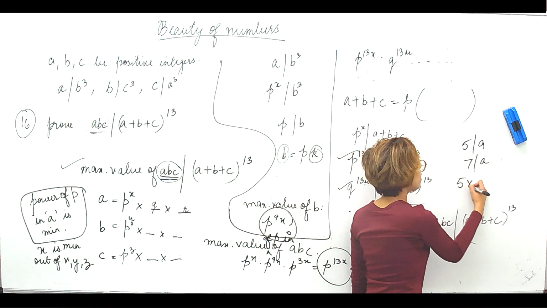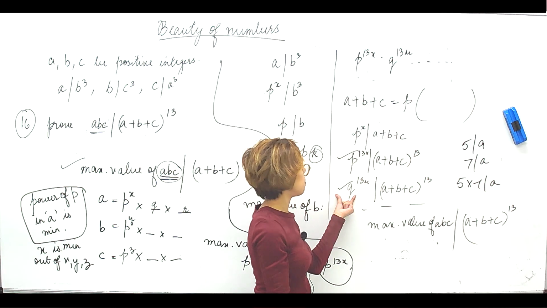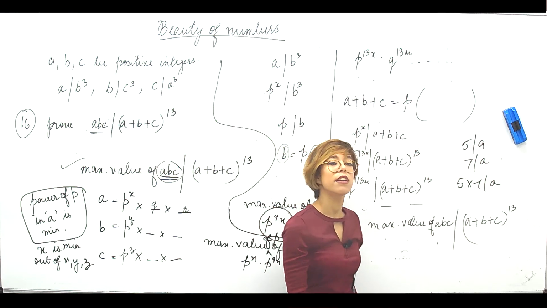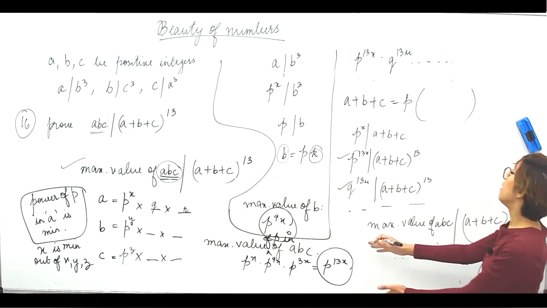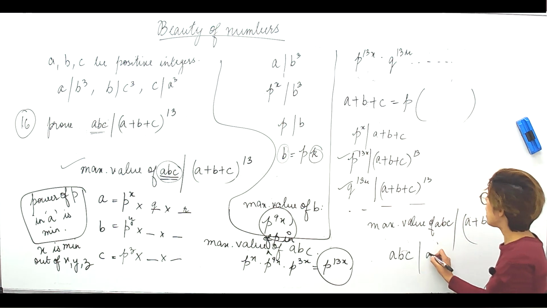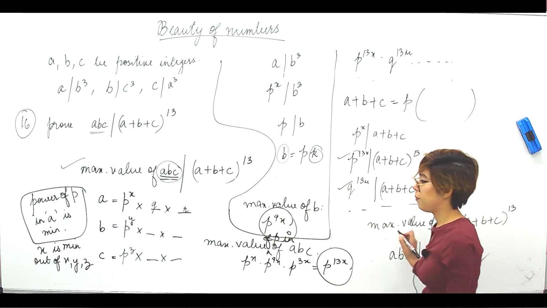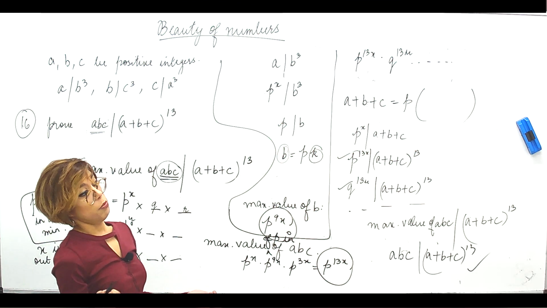I can say that 5 into 7 divides A. So P raised power 13x divides this, Q raised power 13u divides this. Obviously, if I multiply all of this will divide it. Right? So the maximum value, okay. Since our maximum value divides, definitely ABC will itself divide A plus B plus C raised power 13. Which is what we have to prove,